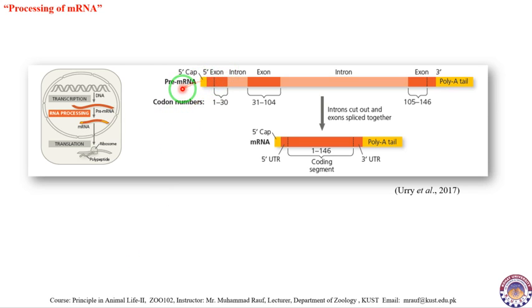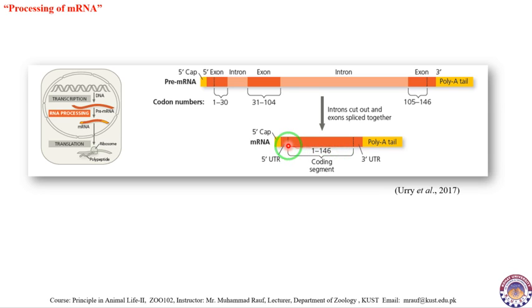Here you can see messenger RNA, 5' cap, 3' poly-A tail. This is the exon or the expressed region. This is also an exon, and this is also an exon. And this long sequence is the intron, the non-coding sequence. The triplet of bases located here does not represent any amino acid. So therefore, this particular region must be removed from it. And this region is cut out and the coding regions are joined with each other. So this intron will be removed and this one will be removed, and the coding regions will be rejoined with